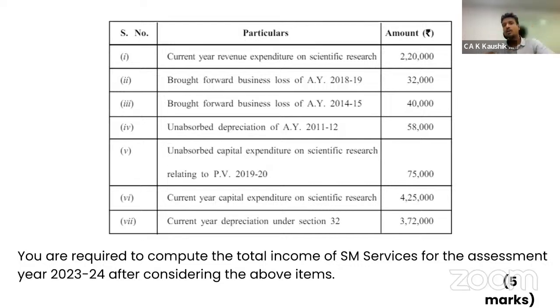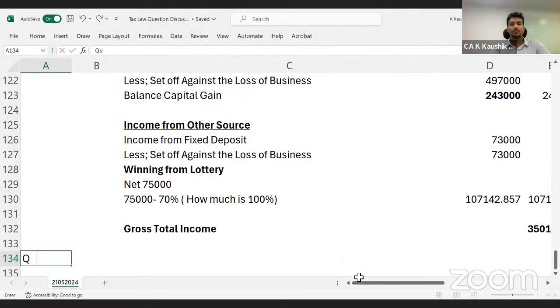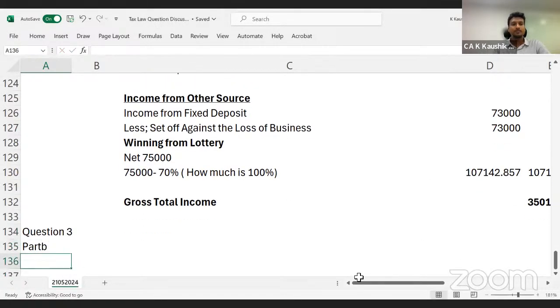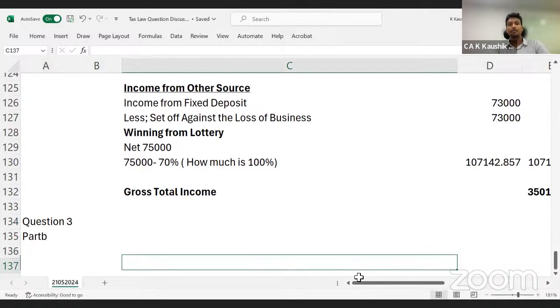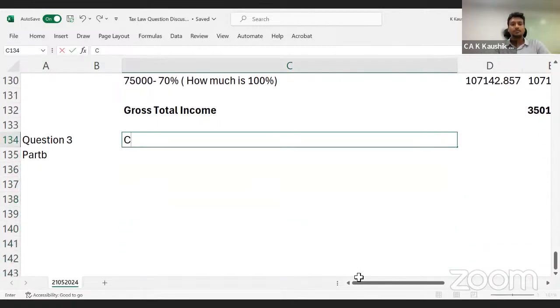Again, we are coming to combination of partnership provisions, section 40B, interest on capital computation, eligible partnership remuneration, and we are also coming to the point where we are looking at the section 35(1)(4) and 35(1)(1) expenditure and set off and carry forward losses eligibility. Let us quickly calculate this. Okay. Question number 3, part B. So what is question number 3, part B talking about? Computation of book profit and computation of taxable income of SM services.